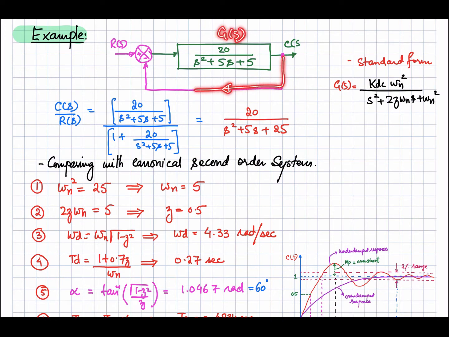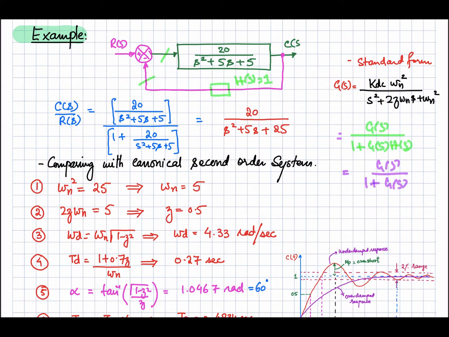Okay, so first of all, let's determine the closed loop transfer function, that is the net transfer function between input and the output. Output is C of S, input is R of S. So we can determine the closed loop transfer function using the equation G of S, that is the forward transfer function, over 1 plus G of S into H of S, that is the open loop transfer function. So what is H of S over here? H of S is equal to 1, so it's a unity feedback. So that's why I can say that it is equal to G of S divided by 1 plus G of S, that will be equal to C of S divided by R of S.